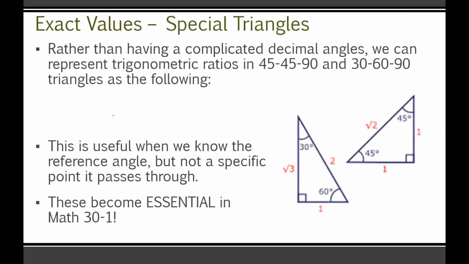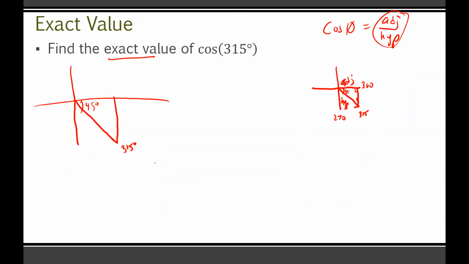If we go back to our special triangles, you'll see in a 45, 45, 90 triangle, the side opposite and adjacent from 45 is 1, and your hypotenuse has a length of square root 2. So if we go back to what we drew here, the opposite and adjacent sides are 1, and the hypotenuse is square root 2. Now, we won't really care about this opposite side because remember, cosine is adjacent over hypotenuse,